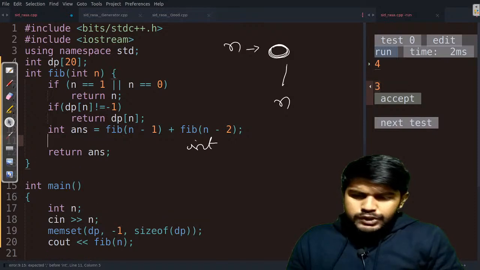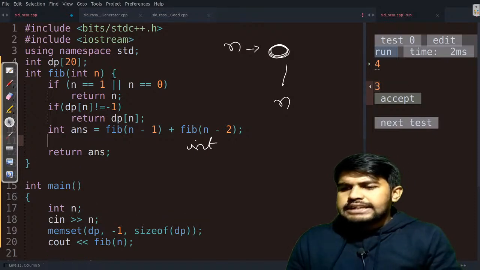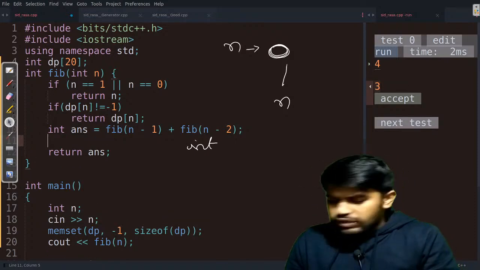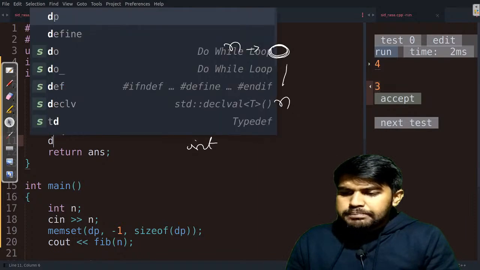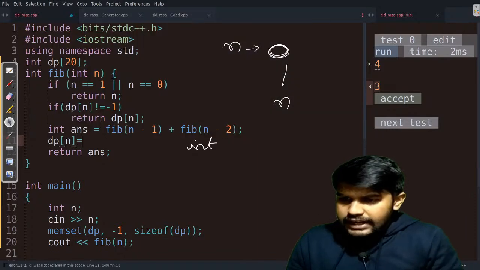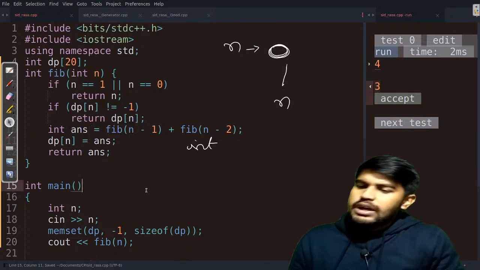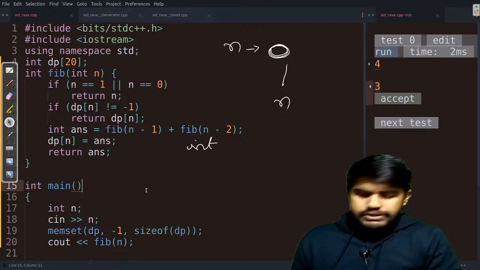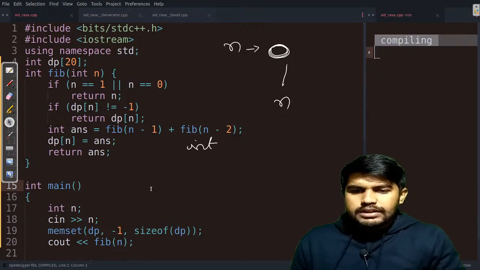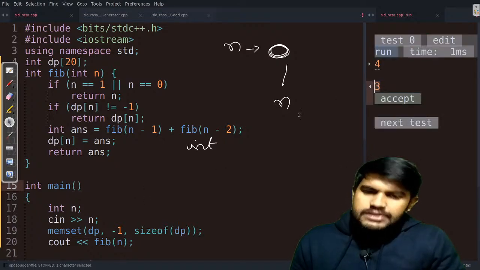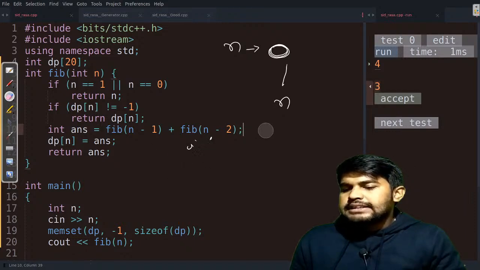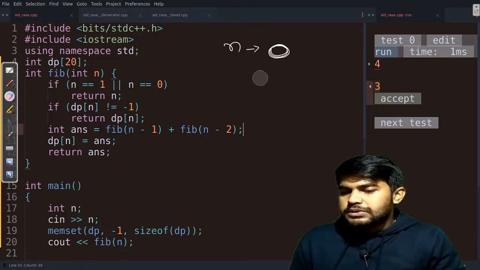Else, since its value was not calculated, just before returning, we would tell dp, hey you, dp of n is equal to the value answer itself. Now let us see if the value is the same or not. So the value is still 3, and then we would discuss the time complexity too.